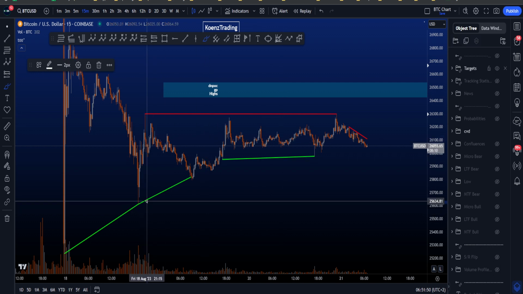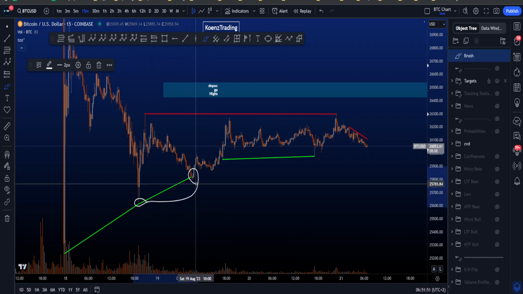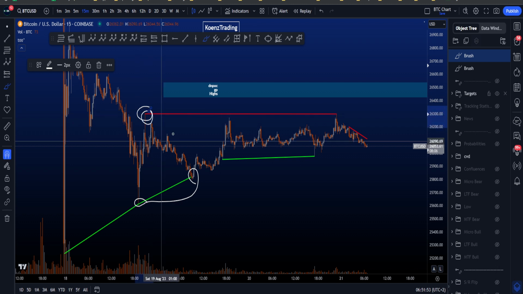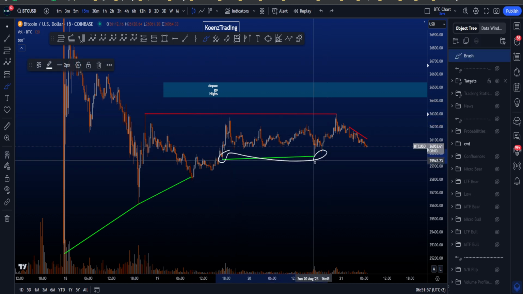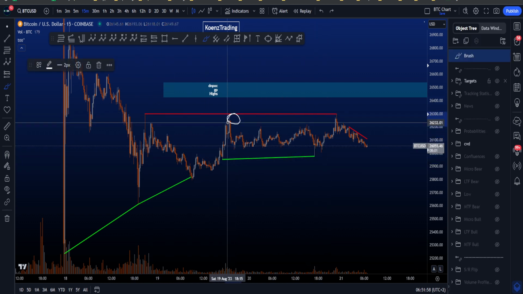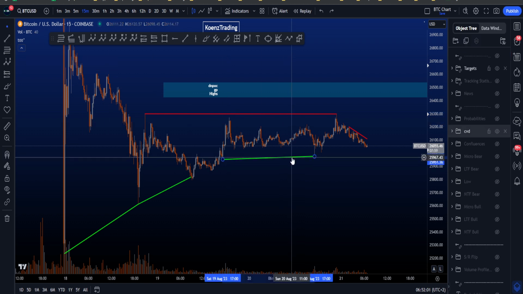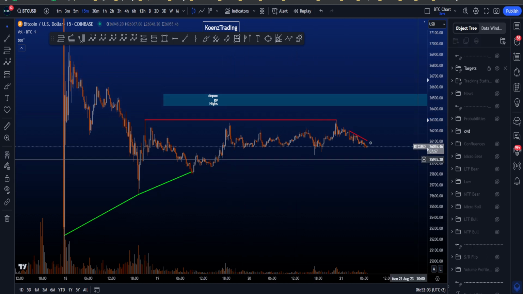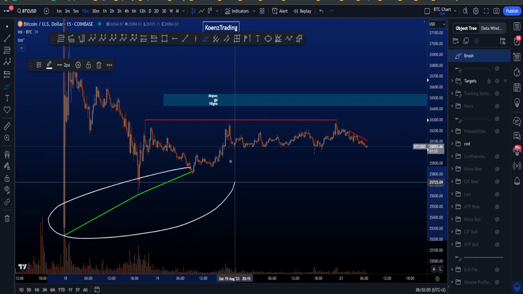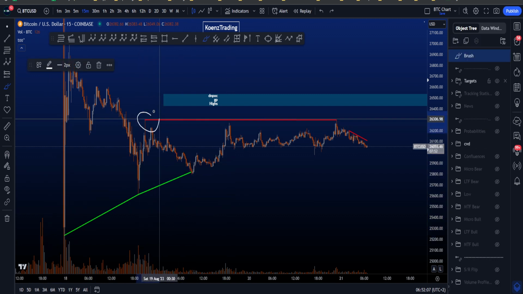So we have the bullish one. This one over here did not yet play out because this high has not yet been taken. This bullish CVD divergence did play out because this high got taken. So we can remove this one now from the chart. That leaves us with these bullish CVD divergences, where the first target is going to be at least to take